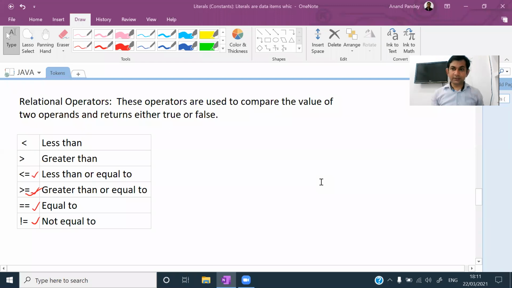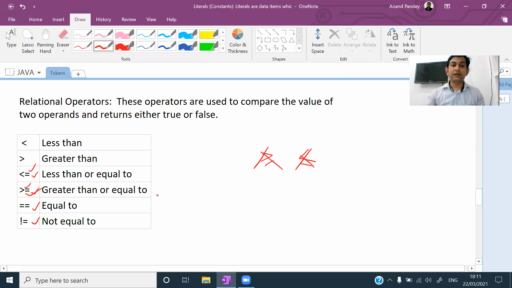Now some common mistakes I'm going to tell you which you make while you write the program in case of relational operators. See, in maths, you know, inequality तुम लोगों ने पढ़ा होगा maths में, inequality. So there you used to write like this or like this. This is not allowed here. No such operator is here. You will write like this.